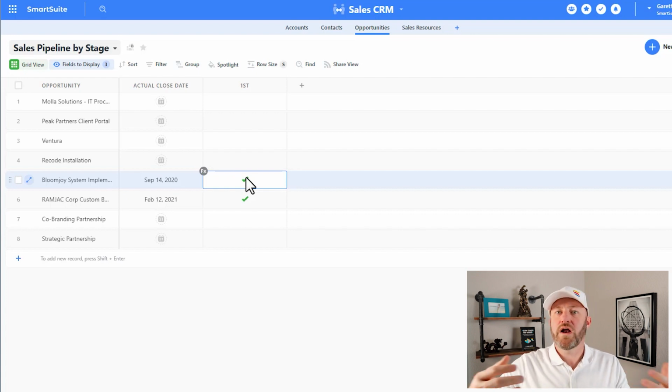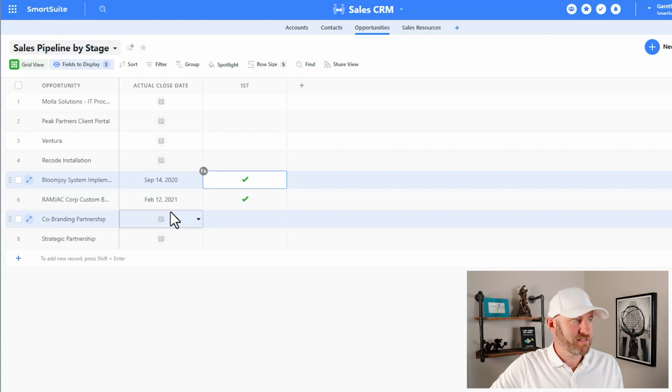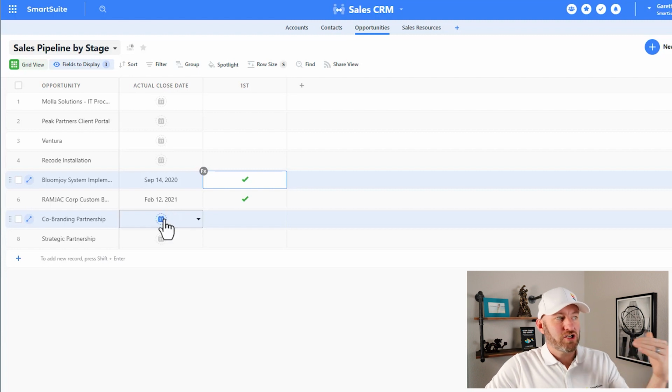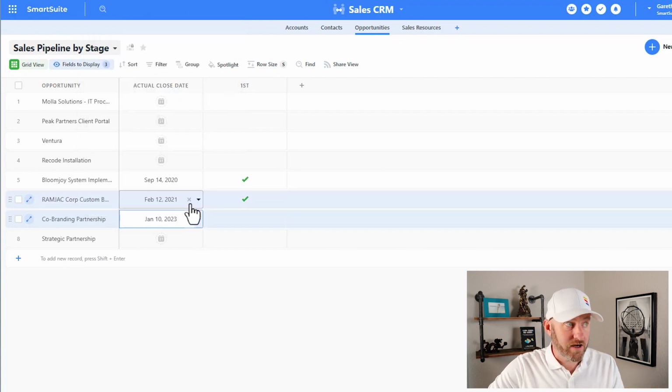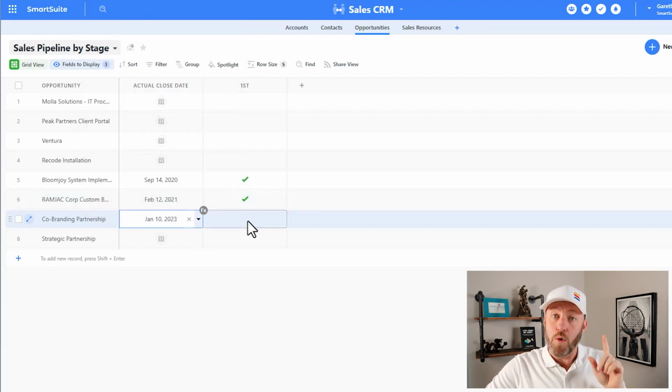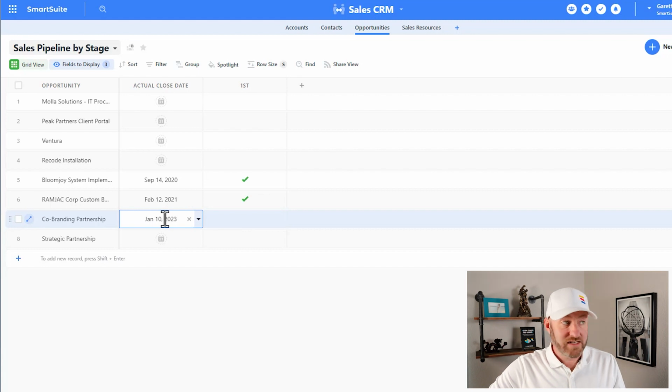Today is 2022, and so both of these dates are obviously in the past. As of the time of recording here, it's December 31st, the last day of 2022. So we could actually put in another particular date. Let's say, in this case, I'll pick January 10th. And if I put this in here, of course, it will not be checked. But when the current date is greater than January 10th, 2023, then this would automatically update with a checked box,